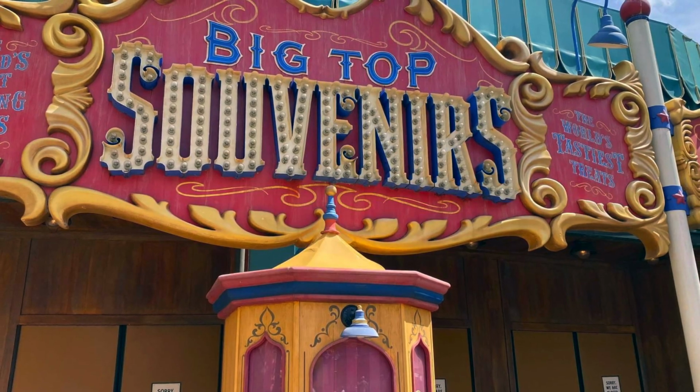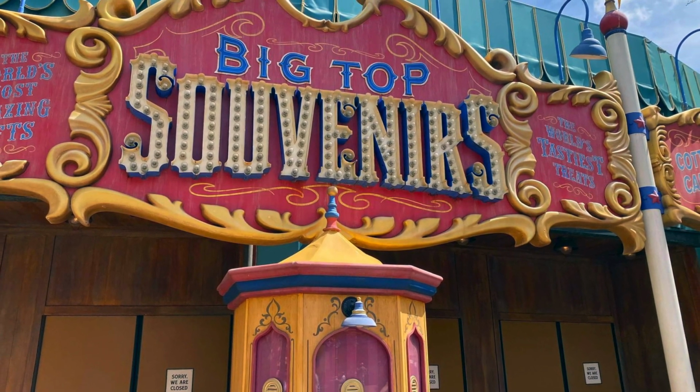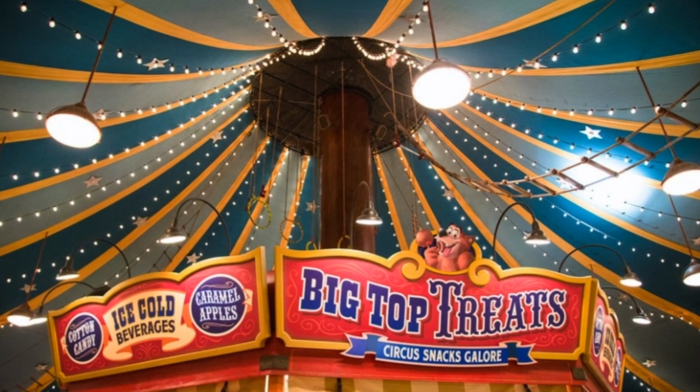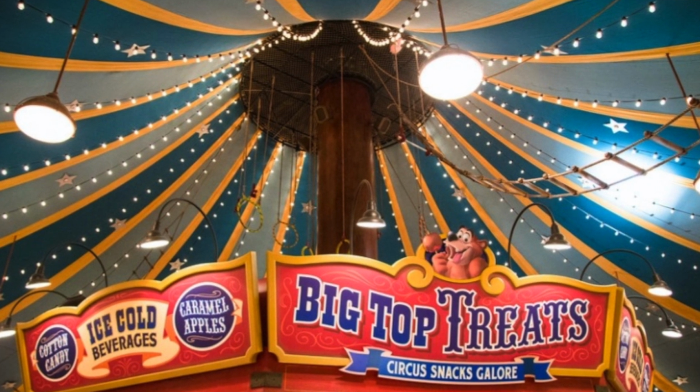Another shop I'm a big fan of is Big Top Souvenirs. Would you like to tell us about that one, Dan? Oh, this is a great shop. It kind of has everything. You can get sweets, snacks, shirts, embroidered hats, plushies, toys, etc. It is right at the back of the park and it kind of gets overlooked in favour of the stores on Main Street, but it's a really great shop. I can't remember if I've bought anything in here myself, but I've been in there quite a few times and